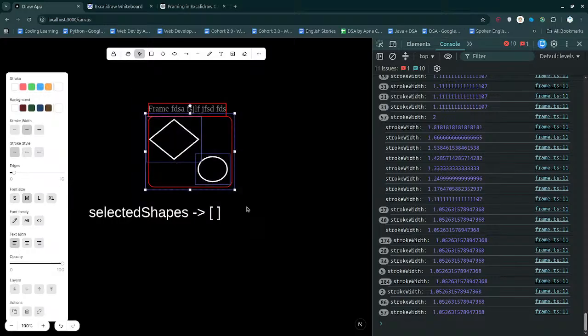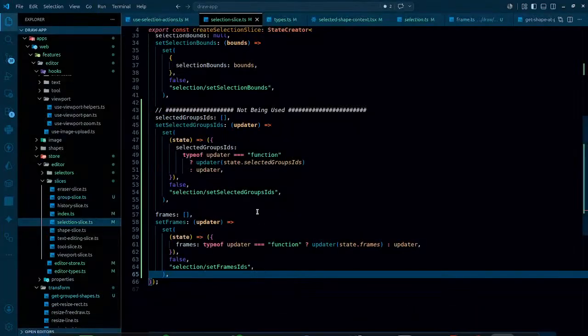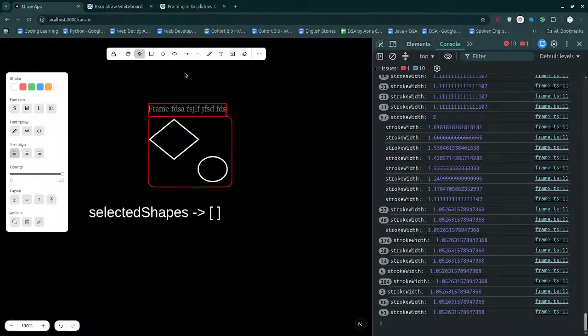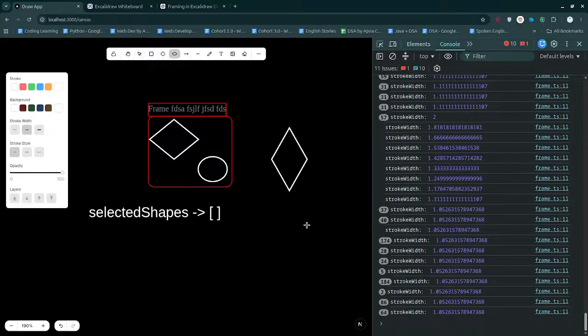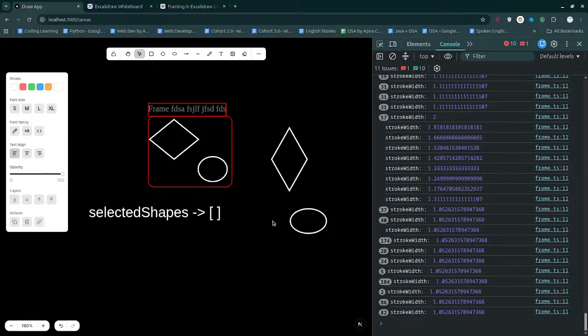So one solution is creating drag offsets just for the shapes that belong to the frame. This is one of the ways. I mean, we are definitely doing the same thing with the groups. So whenever we are grouping, suppose this is the first thing, this is the second thing, I clicked on them and I grouped them. As soon as they are grouped,